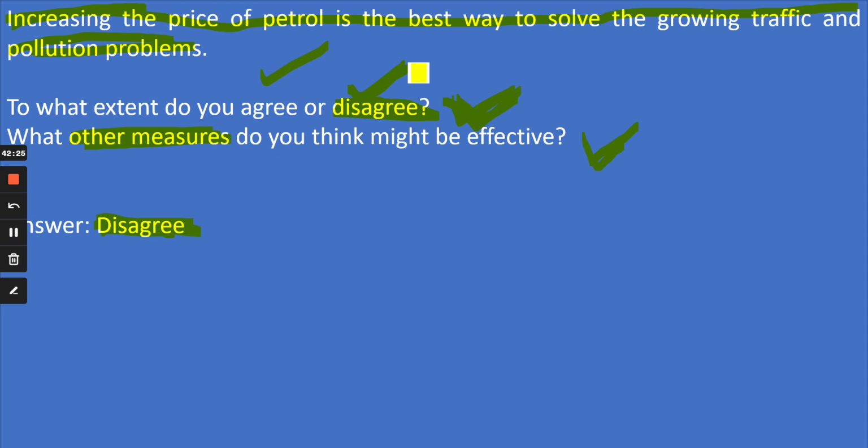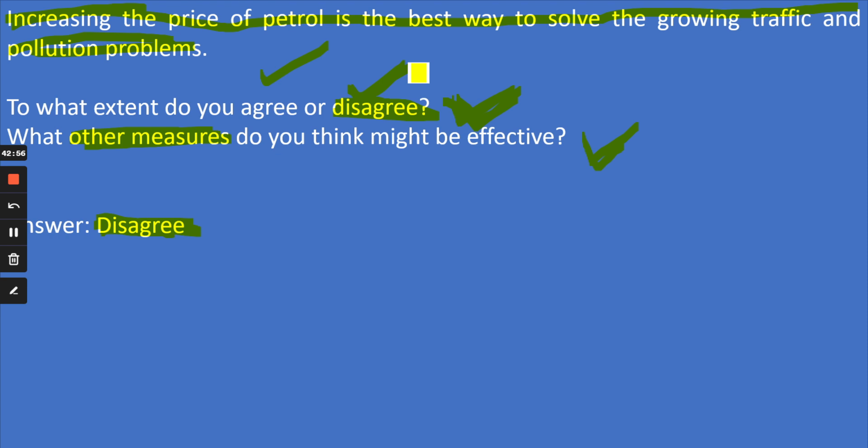If you increase the price of petrol, then middle class people won't be able to afford the petrol. And plus the price of basic necessities like vegetables, milk, all this will go up. Yes, if you increase the price of petrol, all these things will happen. People will face difficulty. The traveling cost will become costlier. The prices of traveling will go up. The prices of vegetables will go up. The prices of fruits will go up. The prices of essential commodities will go up.